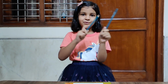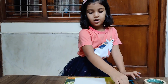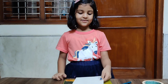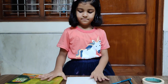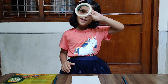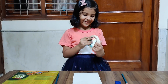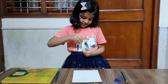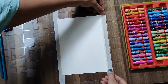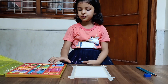So we have two pencils and tape and one sharpener and one paper and some eye pastels. So let's start with the paper. Now we'll stick the paper on the table with tape. Wait. Okay. So I'm gonna do it. First we're gonna do